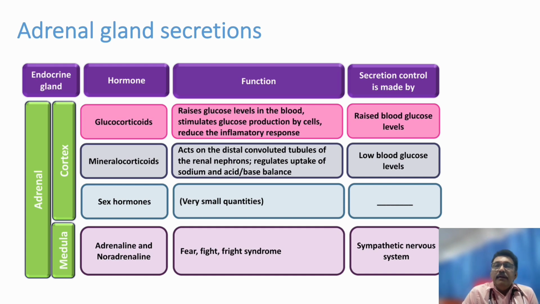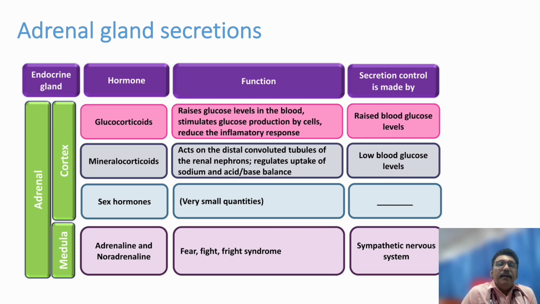Whenever we have some illness, normally some amount of glucocorticoids will be released from our body. That reduces the inflammation. But sometimes, for example in rheumatoid arthritis, this inflammatory response will become uncontrollable or dysregulated. In that condition, we will have to give steroids to control this inflammation. So that is the action of